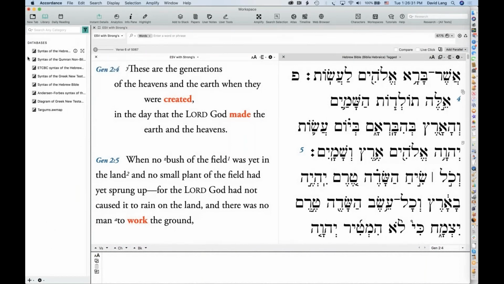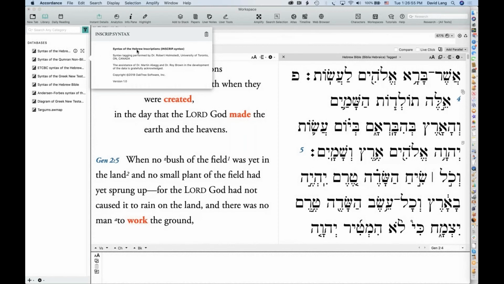This will give you the databases. So the syntax is a database that gets added to Accordance, and that syntactical database will sort of enhance your view of whatever text that database refers to. So syntax of the Hebrew inscription, syntax of the Qumran.